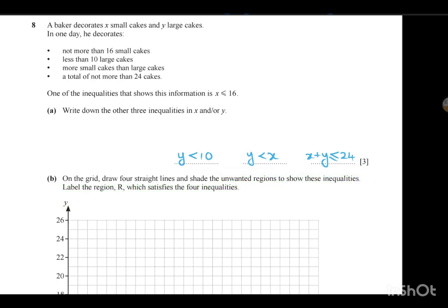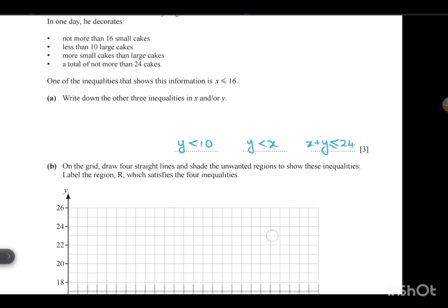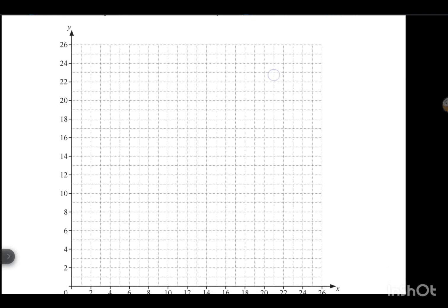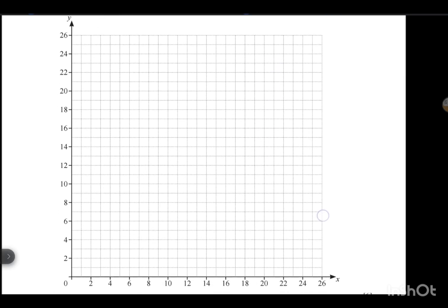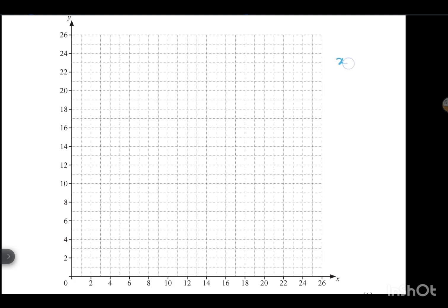We have to draw all the four straight lines. So which are the dotted lines and which can be drawn as bold lines? These two will be bold lines and these two will be dotted lines because there is no equal to sign there. So let me write all the inequalities here beside the graph so that it will be easy for me to draw. x less than or equal to 16, y less than x, x plus y less than or equal to 24,